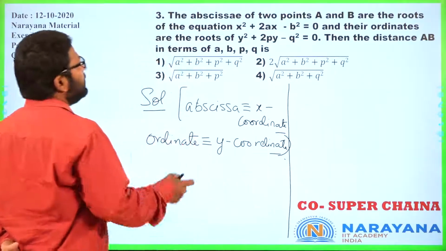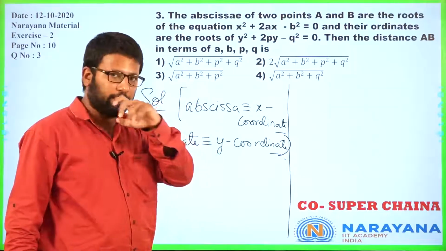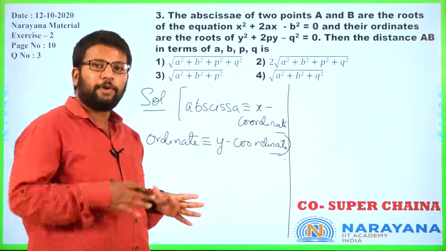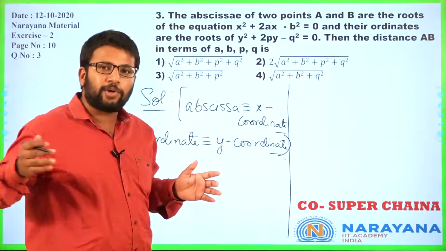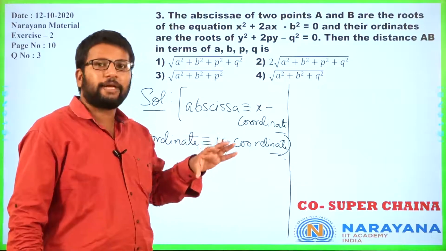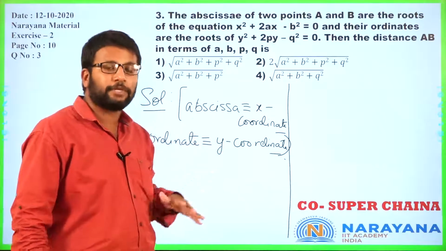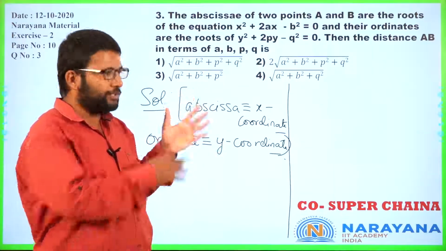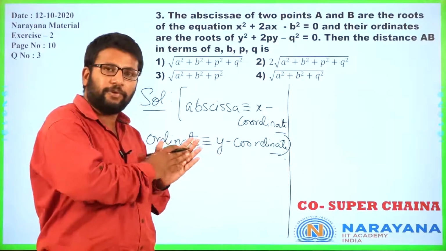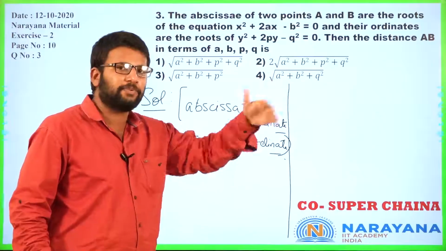Now, in this given question, observe that even though it is a question of coordinate geometry, you are seeing quadratic equations. Now this is one of the reasons why JEE loves this chapter of coordinate geometry so much, because it allows bringing in concepts from trigonometry, quadratic equations, polynomials, all of algebra can be brought in. In fact, occasionally calculus will also be brought in, complex numbers can be brought in. Which is why this unit of 2D geometry all the way up to conic sections, starting from this point, it's a favorite for JEE. Which is why you need to be clear with the basics and then build up from there.